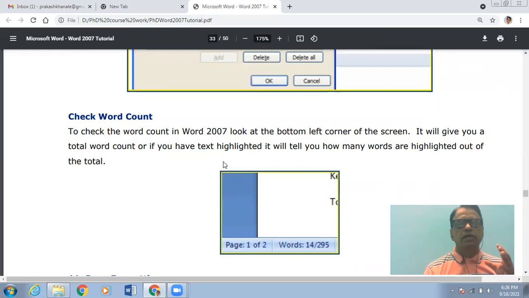So a word count facility is provided in Microsoft Word. So you can count the number of words in your paragraph or in your document, and it is at the bottom left corner of the screen, and it will display how many words are there in that selected part of the text or in that page out of the total words available in the document.